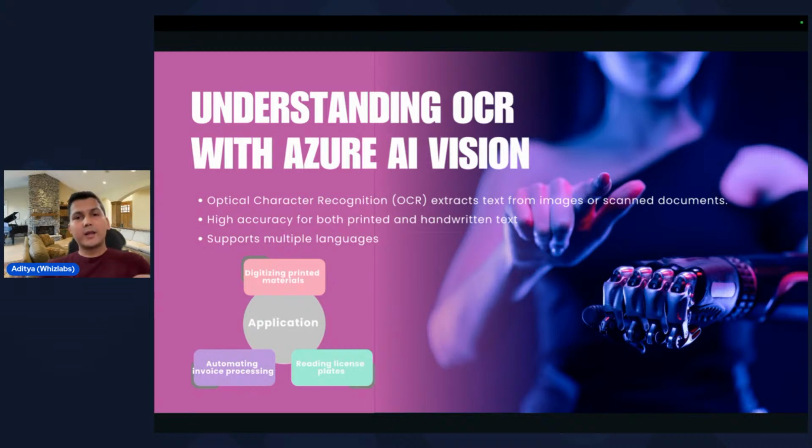Now I'll be talking about applications of OCR. So the first application is digitizing printed materials, right? Let's say you have a hard copy, right? What you'll do, it will just scan your hard copy and it will digitalize it for you. Now you can keep that in your phone. There are many applications which are already there which do this task, which you must have used. But this is one of the applications, right,